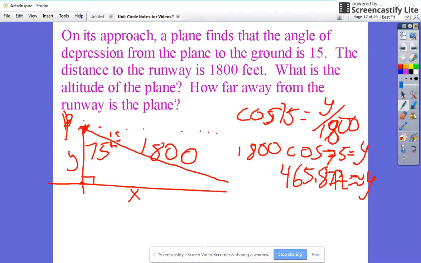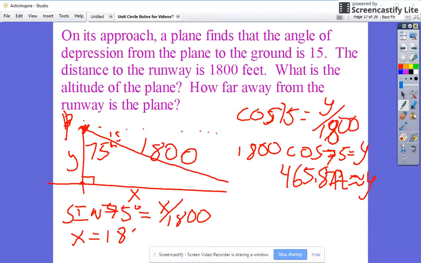Okay, now the second question is how far away is the runway? So that'd be the x-coordinate. So how do we find that x-coordinate? So that'd be the opposite side and the hypotenuse. Which trig function is that? Sine. So sine of 75 degrees is equal to x over 1,800. Multiply both sides by 1,800. You end up with x is equal to 1,800